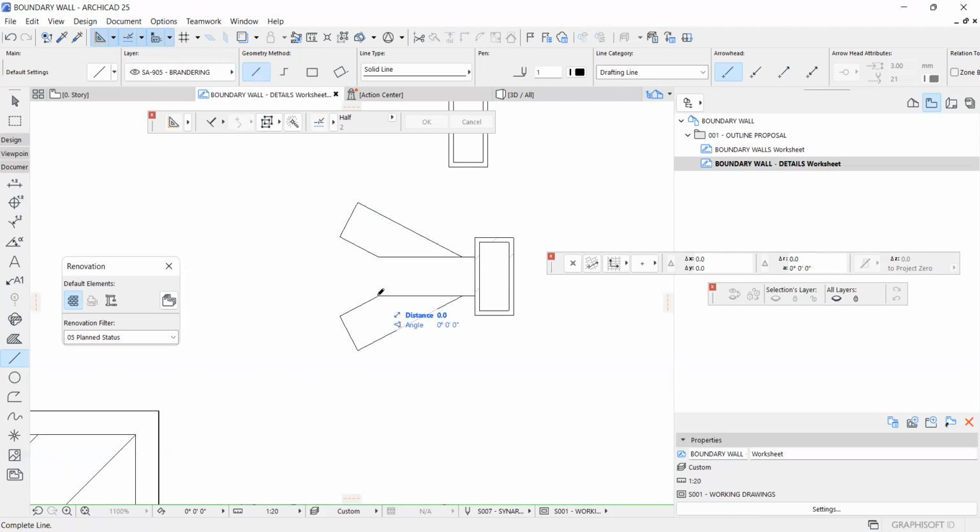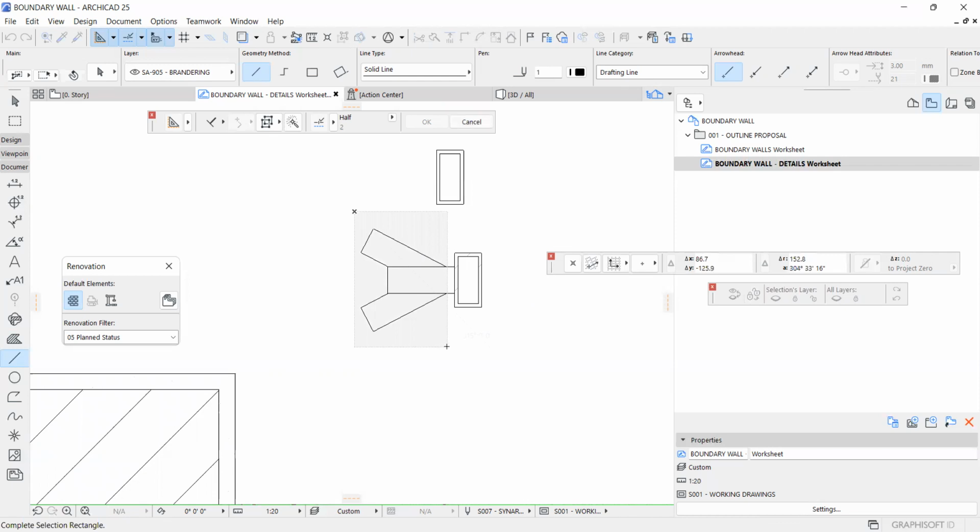Basically the idea is to have a hook-like edge. Now this one in our case, because it will be embedded in our wall, we will not see it, but